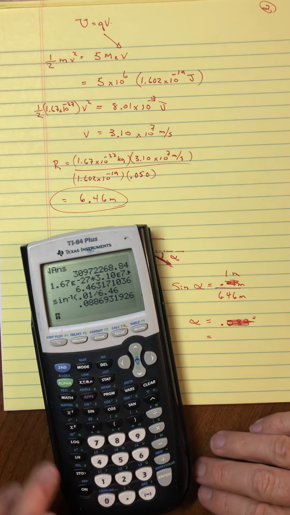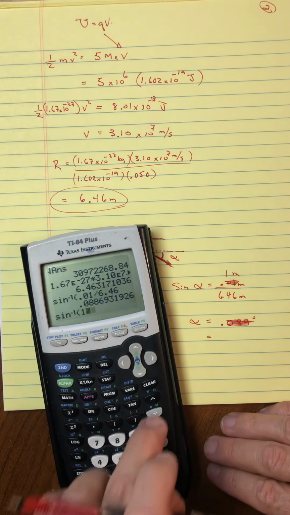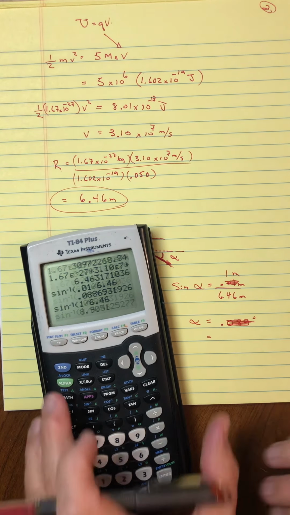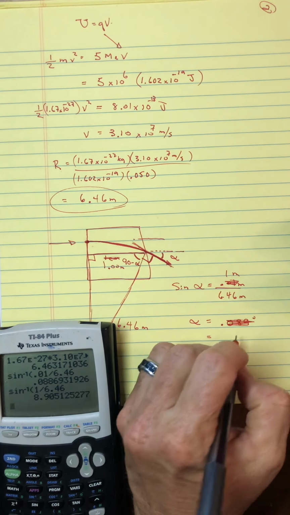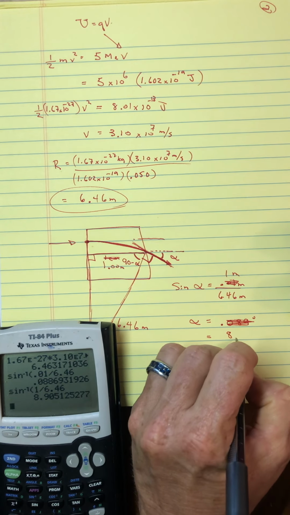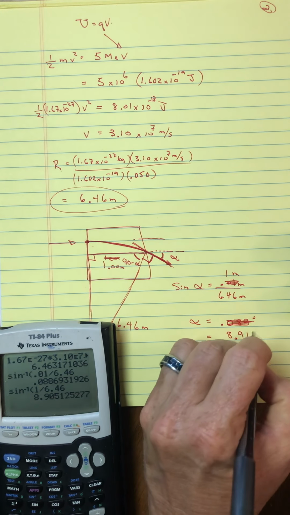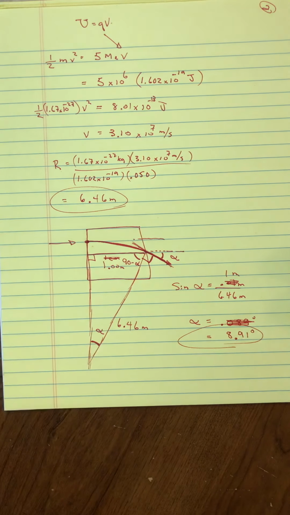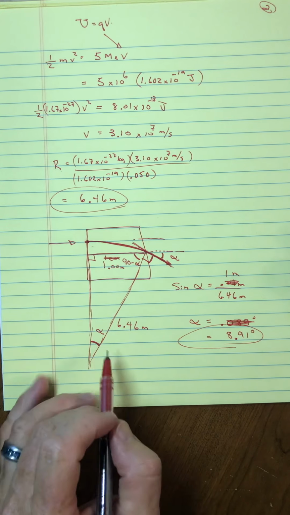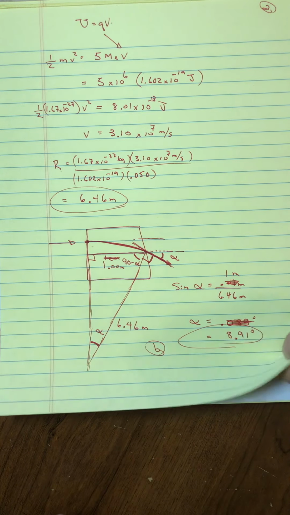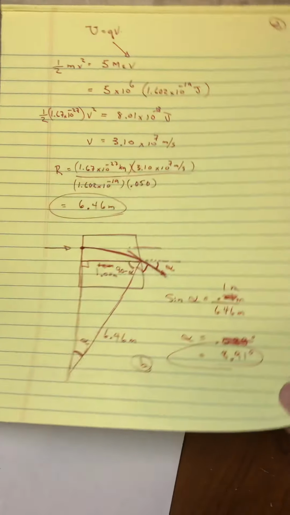So let me try that again. Inverse sine of 1 meter divided by 6.46 meters. Okay, yeah, so 10 times bigger. Okay, 8.9, and I suppose we can round it up to 1 degree. All right, so that's this angle, and then I guess that is the answer to part B. What is the angle? Now, to finish this problem and go to A,